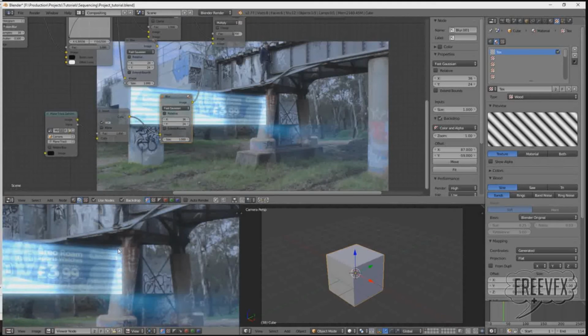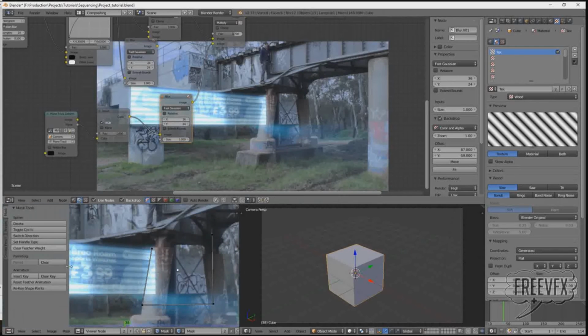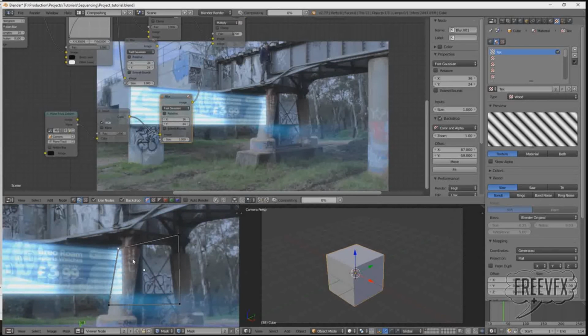So I'm going to hit Control click. Sorry, I've just got to change this type to be mask, and then I'm going to Control click on the footage. One down here, one all the way over here, one all the way up here, and then hit T, and then toggle cyclic, so our mask gets closed. I might grab this one, just move it up a bit. And the next thing I'm going to do is scale the feather of this mask. So hit A A to select the whole mask, Shift F,